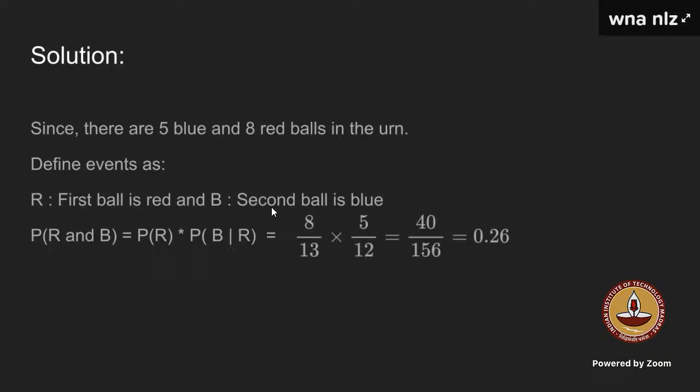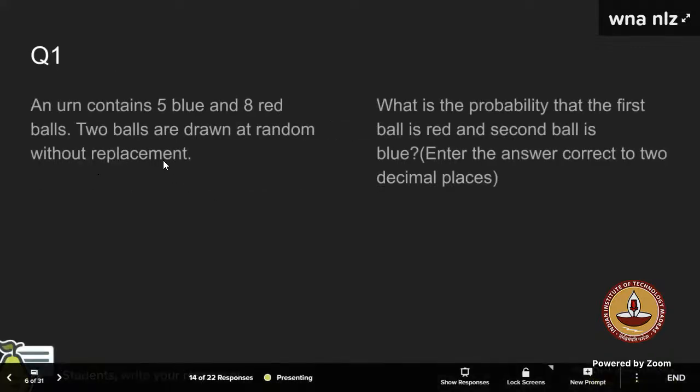Tell me the reason. Any one of you. The reason for dependent is if one ball is removed first, then for the second pick the denominator becomes 12, one less. Yes, the practical argument is right, but I want you all to focus on one statement in the question. If you see this, it says without replacement, right? That makes us think this way: once we pick out one ball, we won't have that option for the second pick, right? So that's why it becomes a dependent event.